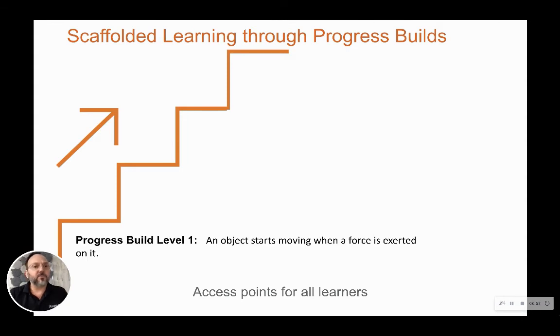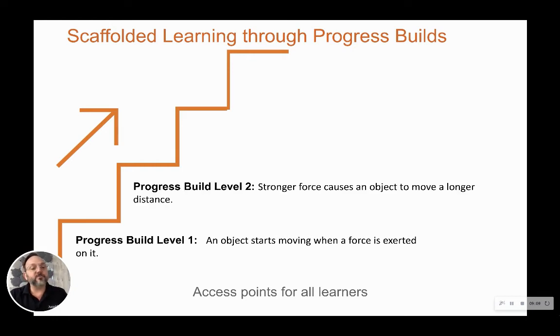So let's say in progress build 1, in pushes and pulls, an object starts moving when a force is exerted on it. So students are going to learn that very basic principle, and they're going to be able to understand that through the hands-on, through the reading and the discussion. Then as they move up, progress build 2, stronger forces act. If a stronger force acts on an object, it goes farther. So now we're putting more force on it. The force goes farther. And along the way, you're also giving formative assessments and critical juncture assessments at the end